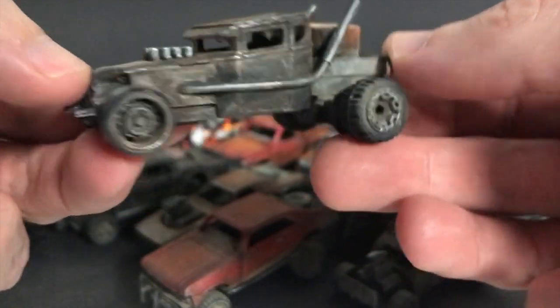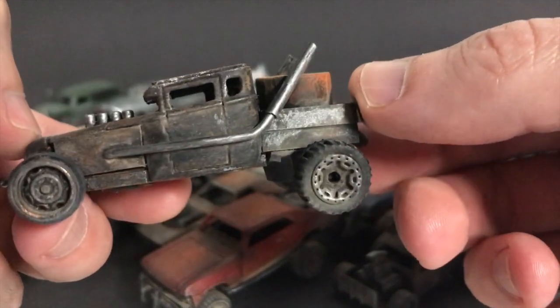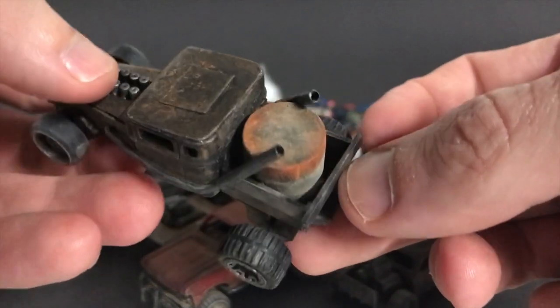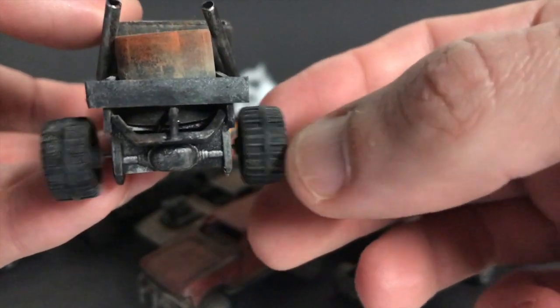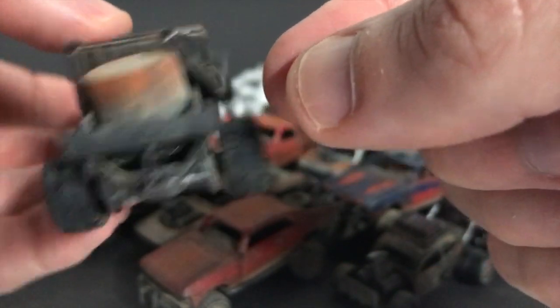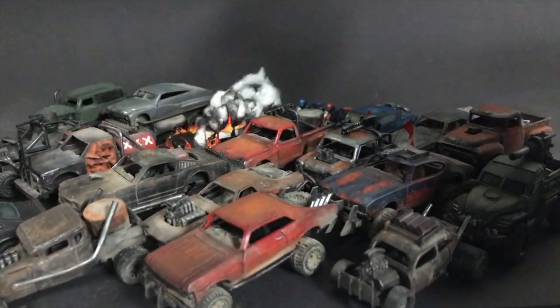Just did a wheel swap, got rid of those side pipes, and made my own exhaust, and covered the top, and made like a... I need to glue this, but I made an oil dropper. The other vehicle that has an oil dropper is this